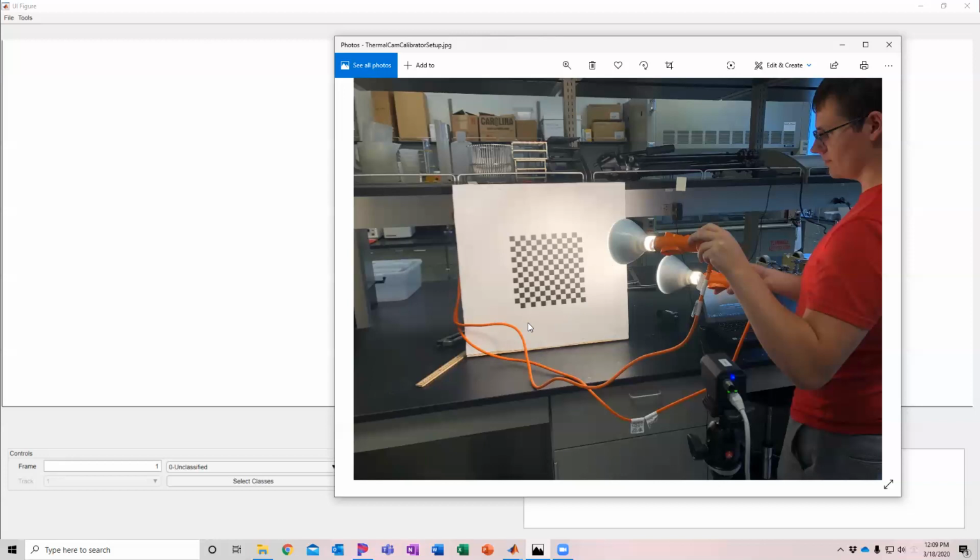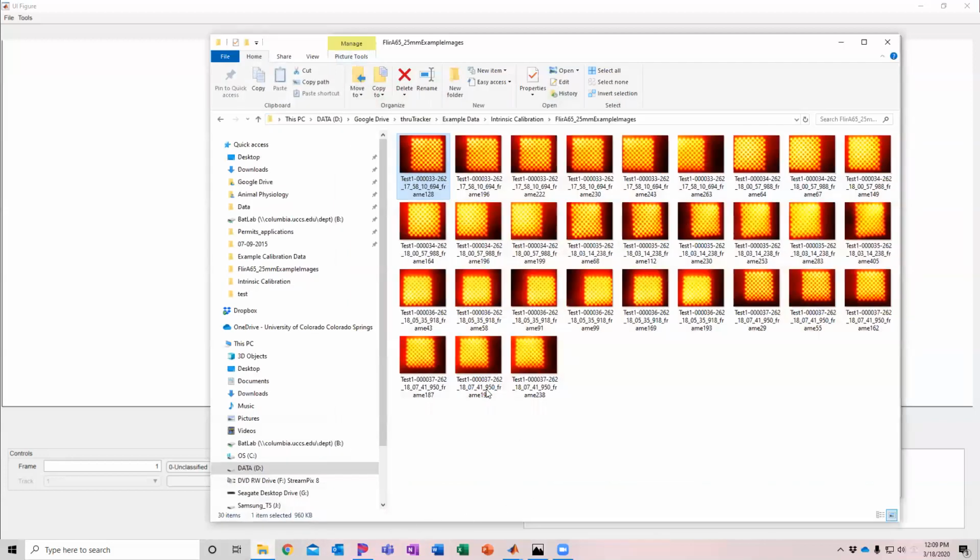And then you will do this at different locations to get a number of images that you'll use for the calibration. Now, I have done that, and we extracted, let's see here, 30 images from a series of videos